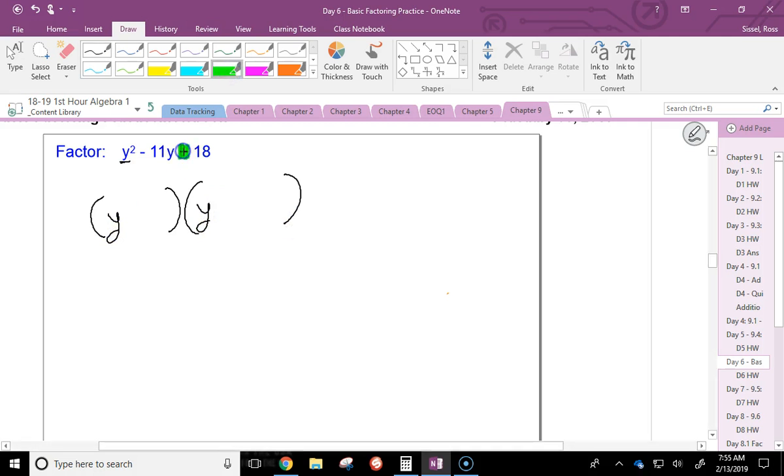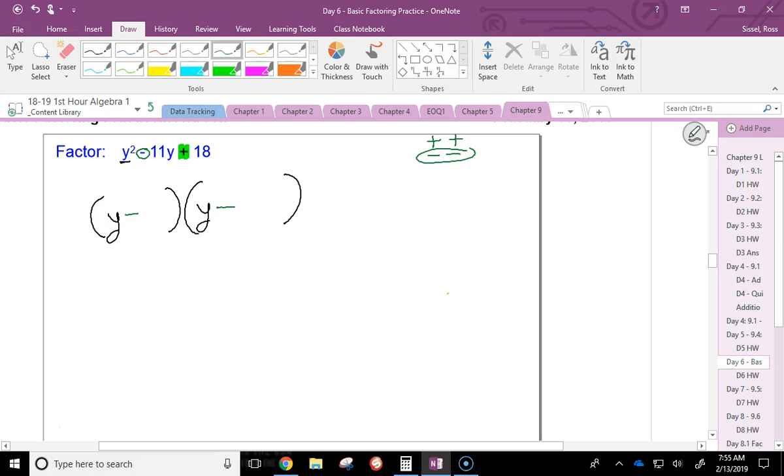Our c is a positive 18. So it's either positive positive or negative negative. But this time we look at our b, we have a negative b. So are my numbers going to be positive or negative? They have to be negatives. So I'm going to go ahead and throw the negative sign. Now, because of this, we're going to have to make sure that we're thinking the right thing when we find